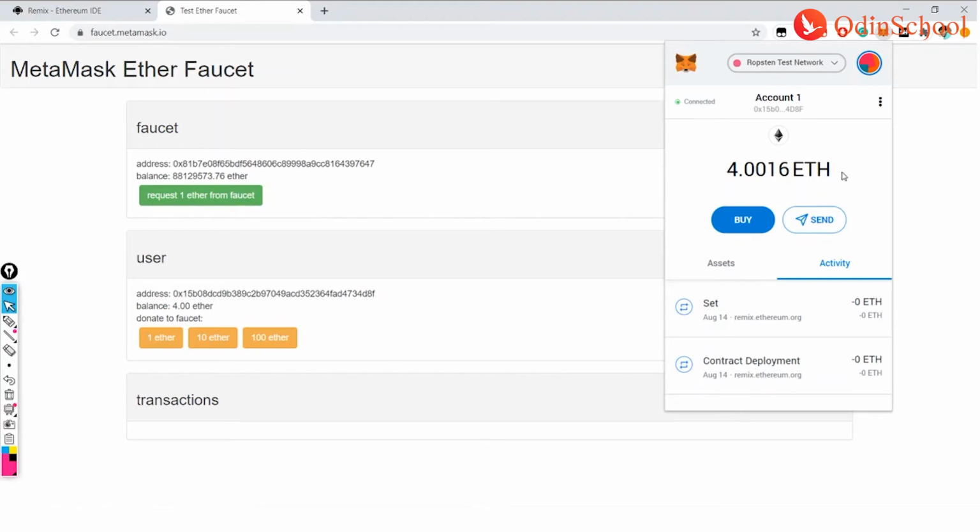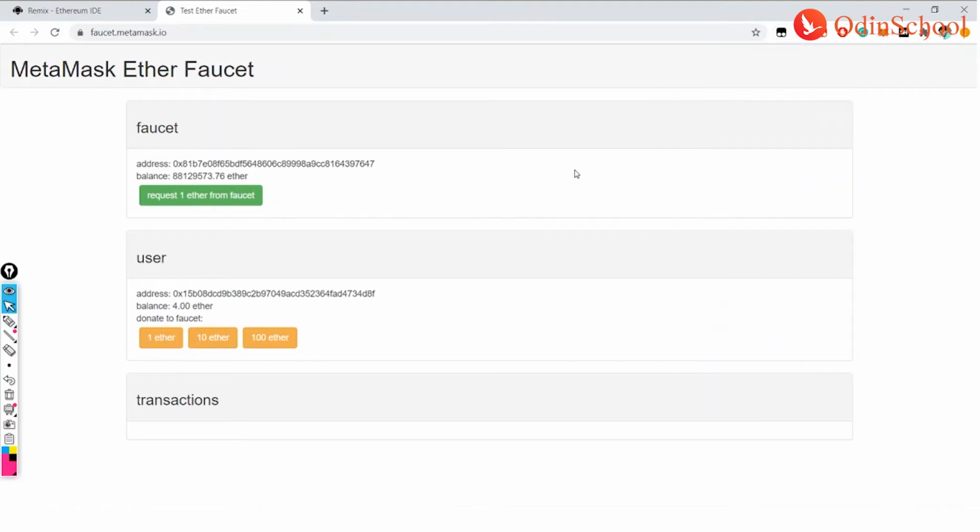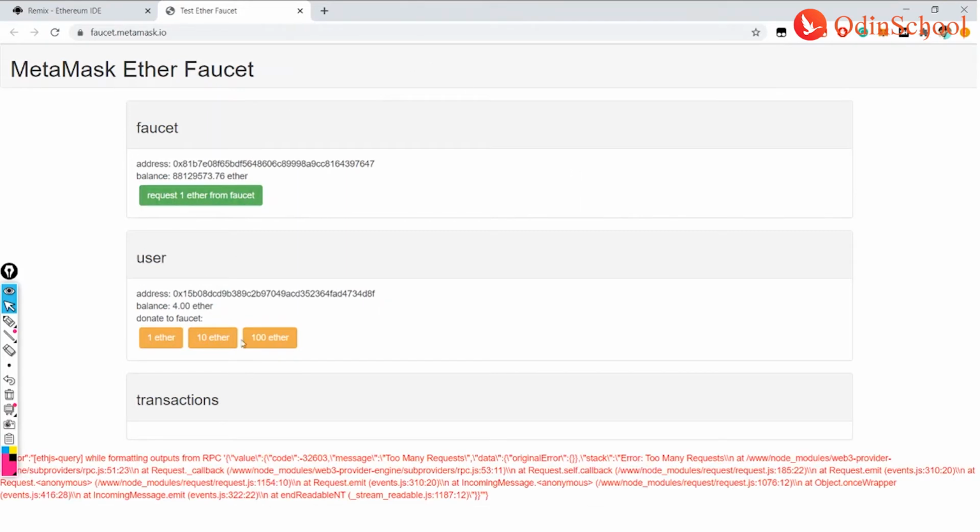Now in my case, I may get an error saying that as I already have 4 ethers, it may say that user is too greedy. Already is having many ethers. Let me find it out. If I get it, then that's pretty good. If not, I may get an error because I already have enough ethers in my account. Yeah, so it is just throwing an error to me. The reason is because I already have too many ethers.